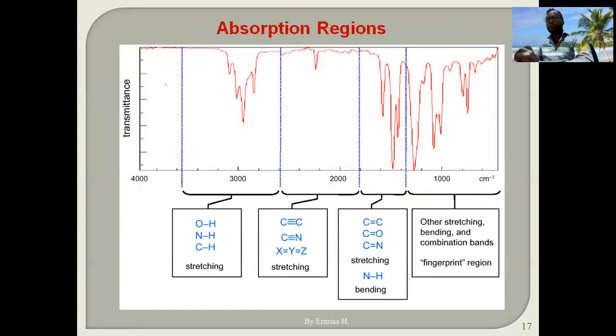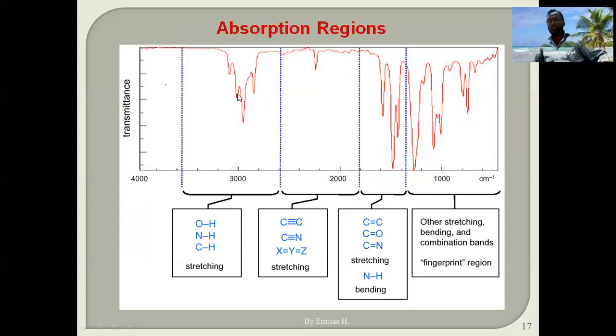So these are the absorption regions. This is the plot, or the output, of the IR spectrum. It exists between 4,000 up to 400 centimeter inverse. The x-axis is the wave numbers, and this one is the percent transmittance. So around these regions,